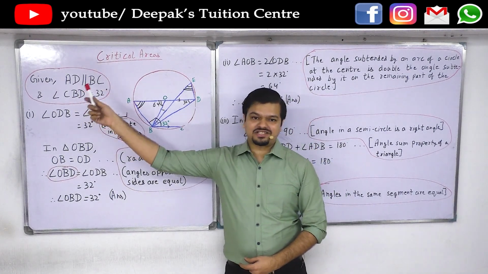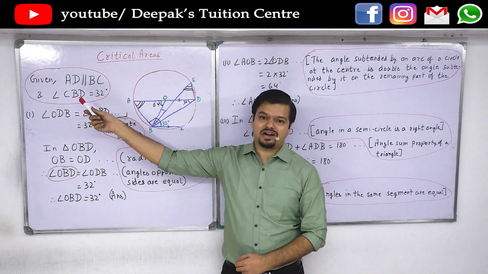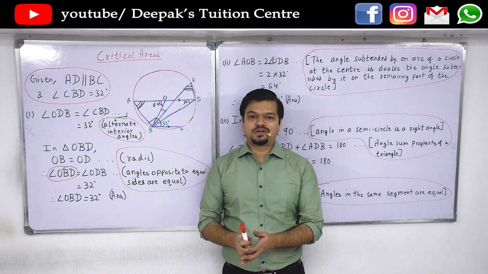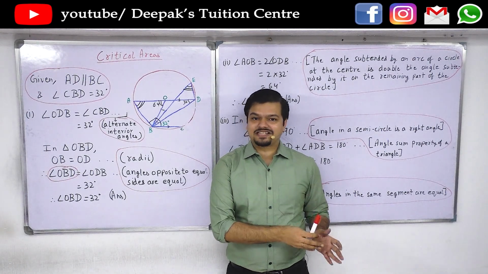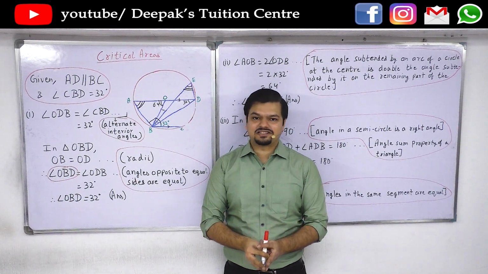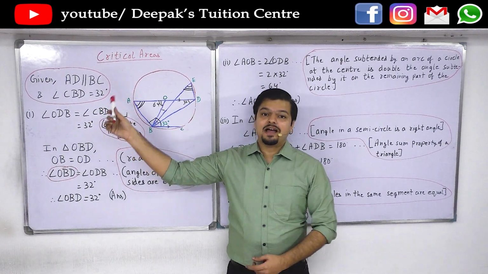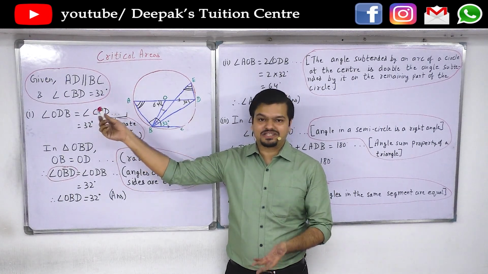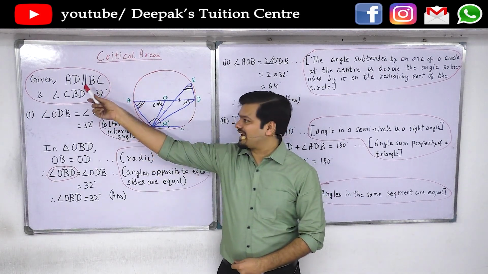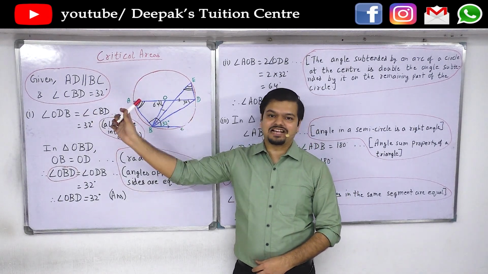Also, you have to start the question by writing given. So whatever is given in the question, you should write it, so that if you use it in future, you can just write given. Also, since there are no proving sums this year, they have been reduced. We have only numerical problems in this year's syllabus. So therefore, we do not have to write RTP. But if there were sums based on proving, then you had to write required to prove. So you should write given and RTP. And if you construct anything, you should write construction as well.